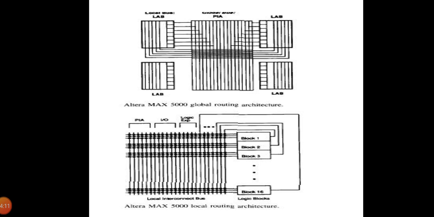So this diagram shows the architecture of the Ultra MAX 5000 and 7000. MAX 5000 devices have several LABs, except the EPM 5032, which has only one LAB. All MAX 7000 devices use a programmable interconnect array. So the PIA is a cross-point switch for logic signals traveling between the LABs. The advantage of this architecture over programmable interconnection schemes is the fixed routing delay, because this architecture uses a fixed number of connections, but programmable interconnect schemes use a variable number of connections.